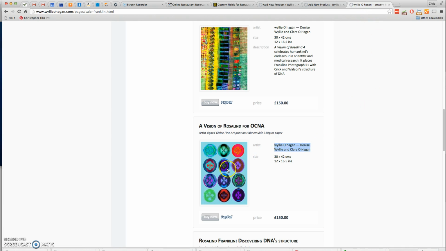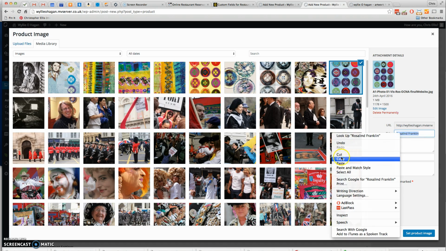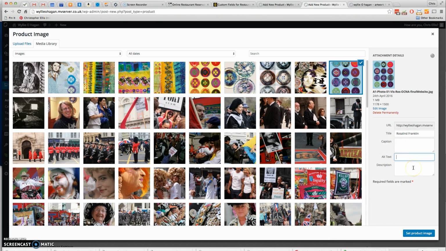Just need to check what the picture was. So it's this picture, and then the title, it needs to be a meaningful title. I'm just going to call it Rosalind Franklin, but you can put anything in here obviously. And it's also good to put in the alt text here. Alt text means alternative text, and that's for people who are disabled. So we set the product image,